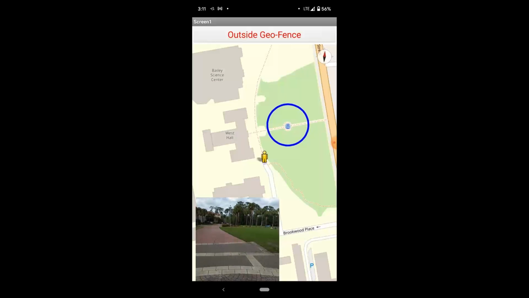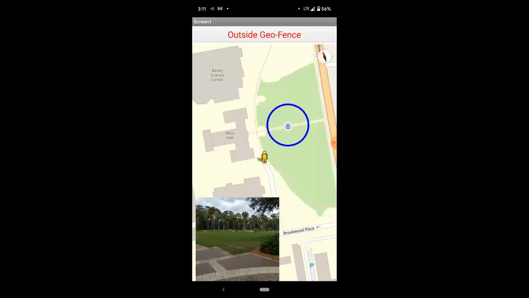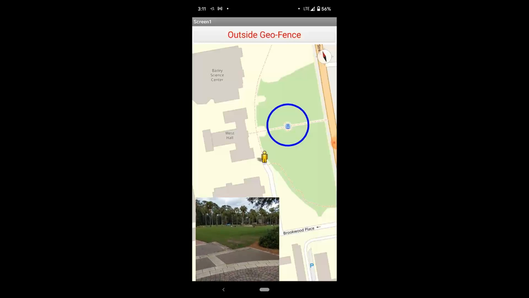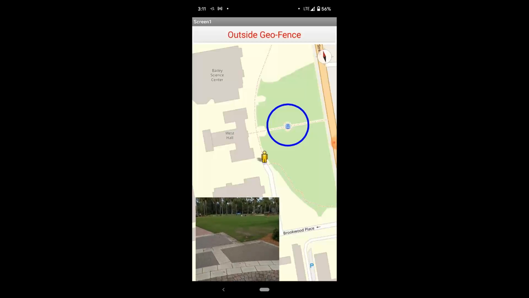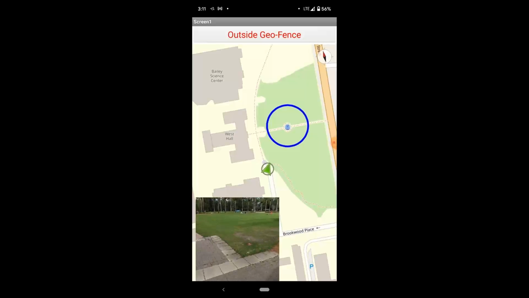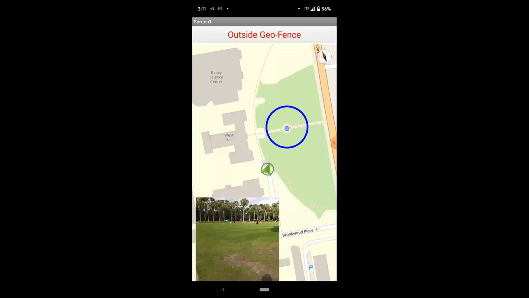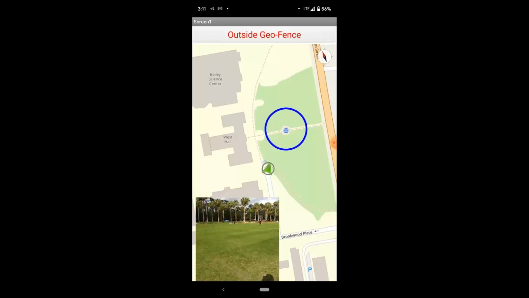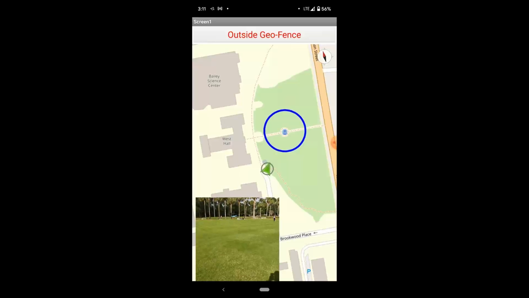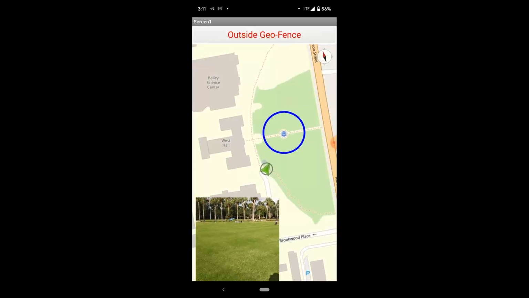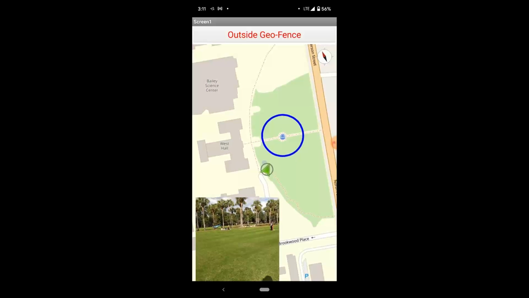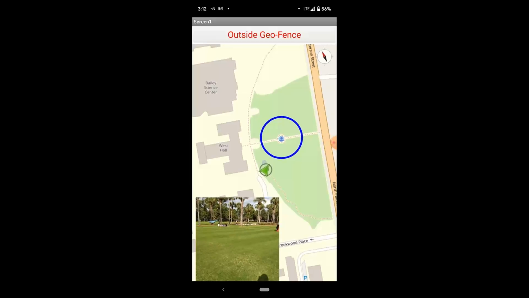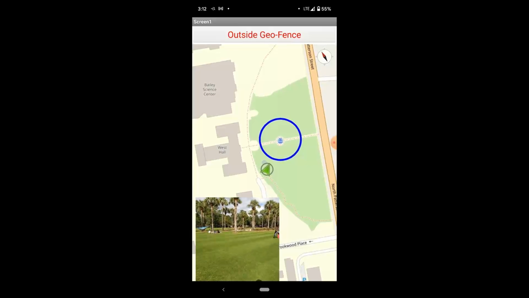In our university front lawn, we have a fountain in the middle. Today the fountain is not running. I guess it was too cold last night and they had to shut it down, otherwise the pipes will freeze. As I keep on walking, I have created this circular area centered around that fountain. The idea is when the user gets within that circle, that top button, which is right now saying outside geofence, will change color, and it's going to say inside geofence, and it's also going to show a marker on the map